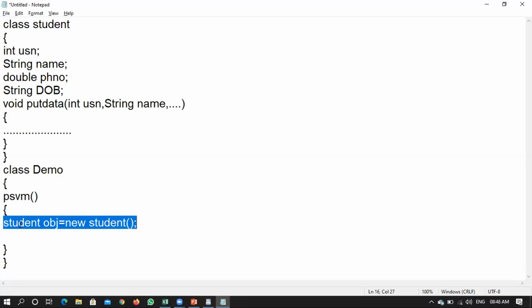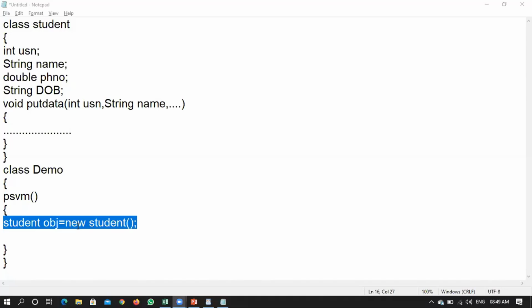So what we are doing in this particular line, we are saying that with respect to the student class, you are creating an object, right? A reference object is equal to new. We have already told, once you define a class, it is only a blueprint, that means abstract, only a logical existence of a class will be there, and memory will not be allocated, right?